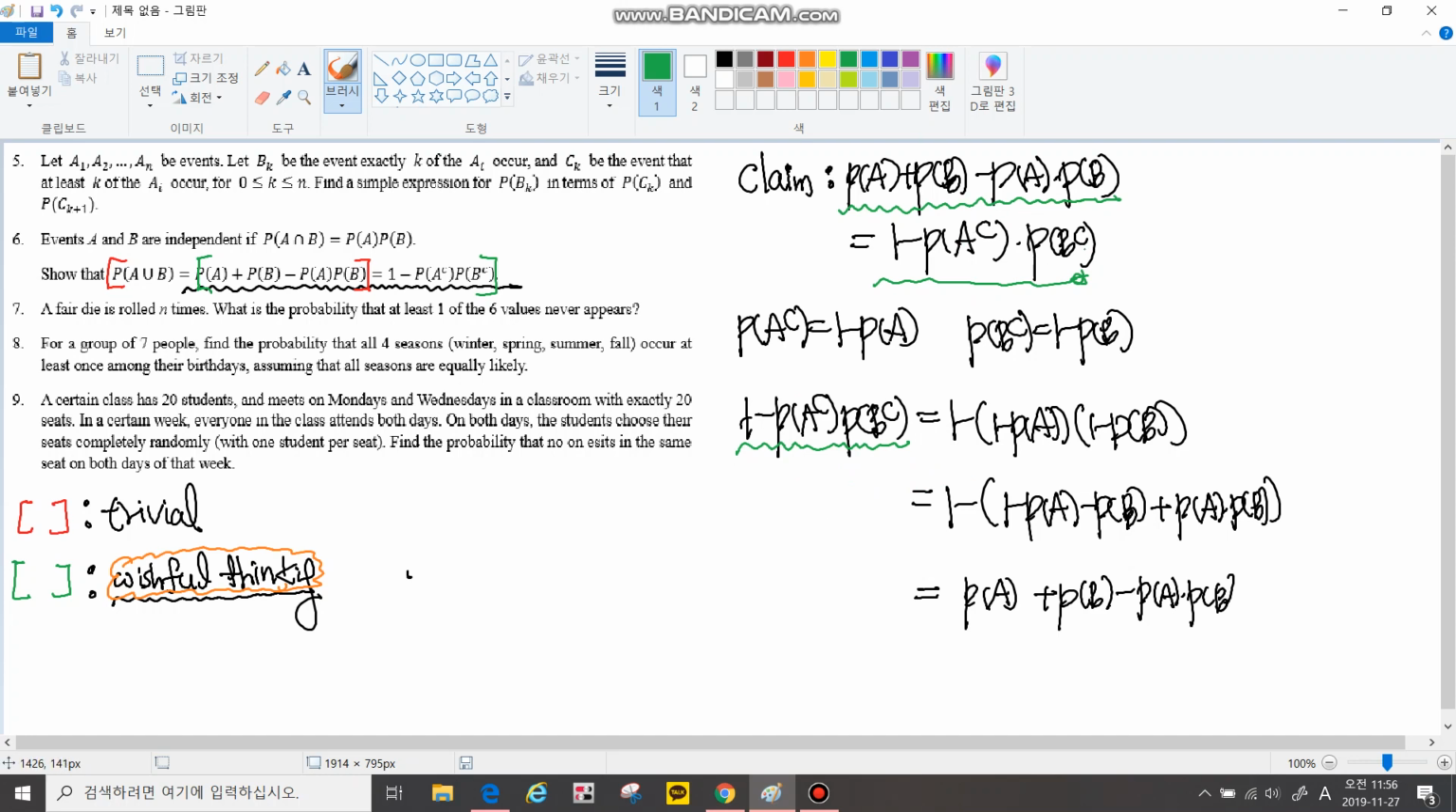Then we can get from here to here right away, without any trouble, right? Just proving this is enough. But what if this is given as an if? If this is true, then show that they're equal. Then what we need to do is really simple. By our wishful thinking,